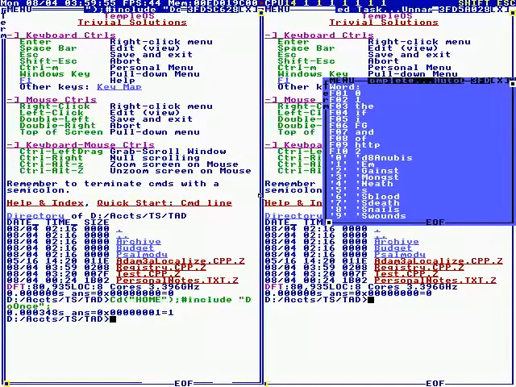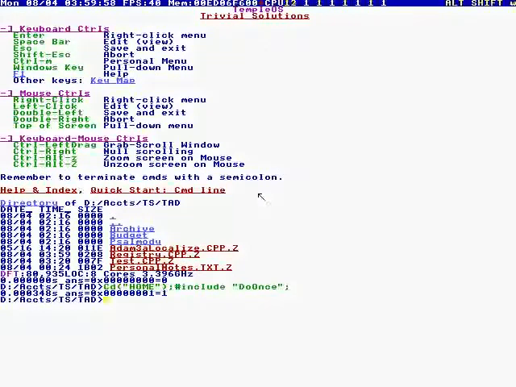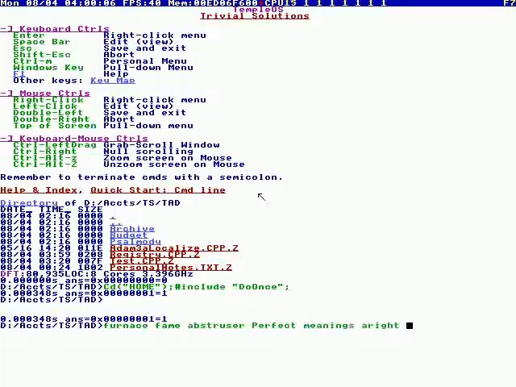So God's operating system is done. This is his temple. F7 works in the editor to get a word from God. Furnace, fame, abstruse or perfect meanings are right. Okay, so